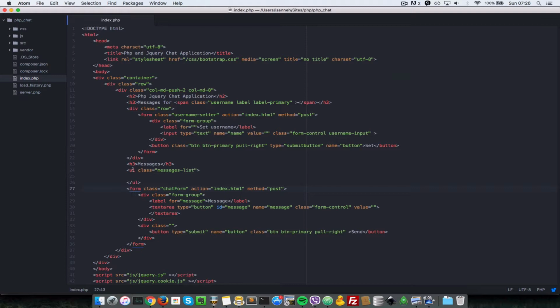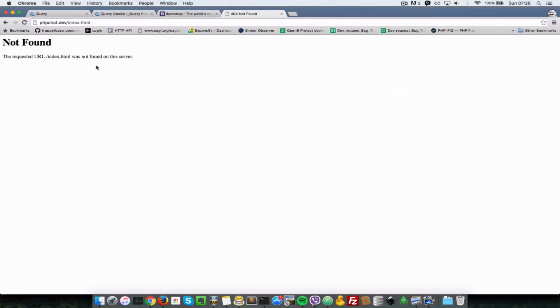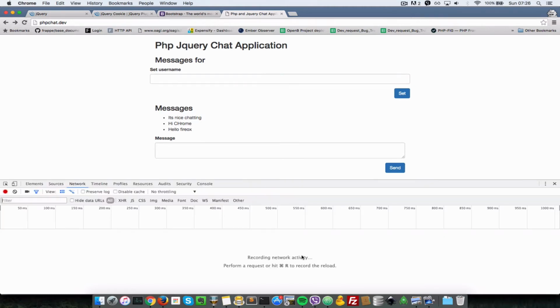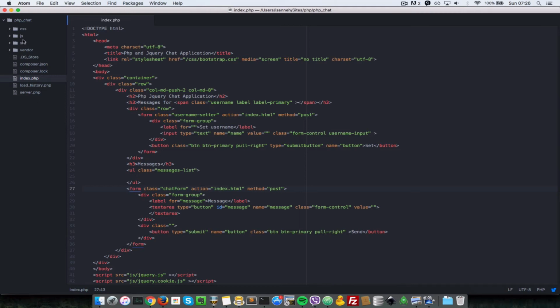Okay, so basically when we click on that, nothing happens. It just submits back to this index.html. But what we want to do is anytime the user submits a username here, we set that as the username for the current user. That's where the jQuery cookie plugin comes into play. That is this